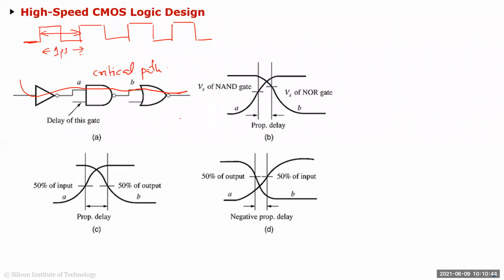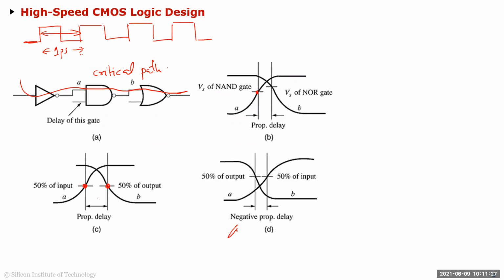for calculating delays, there are various ways you can calculate delays. For example, you can calculate from the switching point of one gate to the switching point of another gate, but the switching point varies a lot depending on how you have sized. So that's why throughout this analysis, we are going to take 50%. So from high to low or low to high, we're going to take the transition from the 50% of the input to the 50% of the output, and we're going to call that your propagation delay. Okay, and even with this,